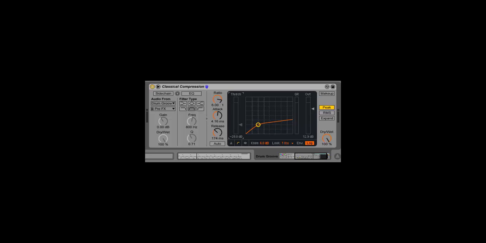Let's see more effects of these values and make it better sounding. I'll put it as a limiting compressor by putting the ratio as 30:1. Now if you hear,